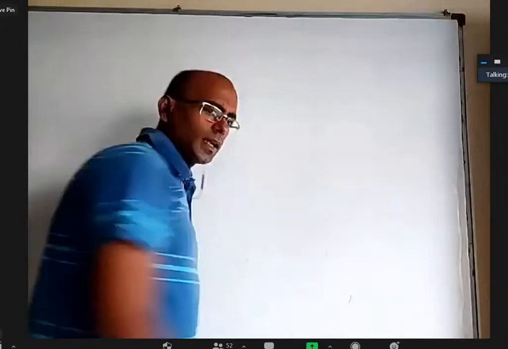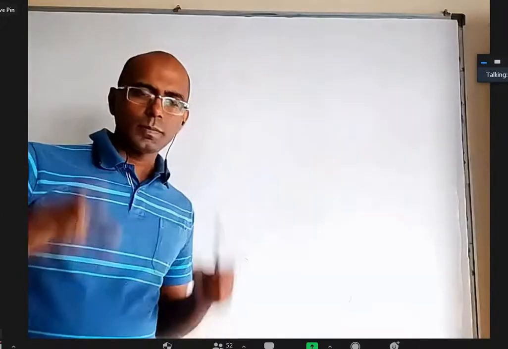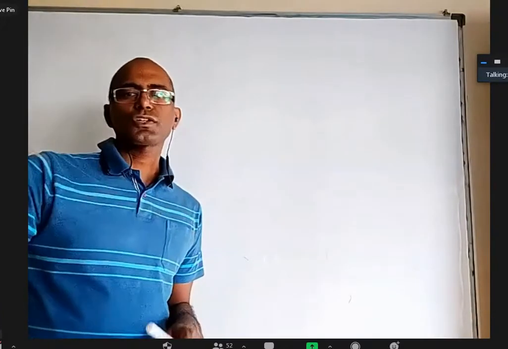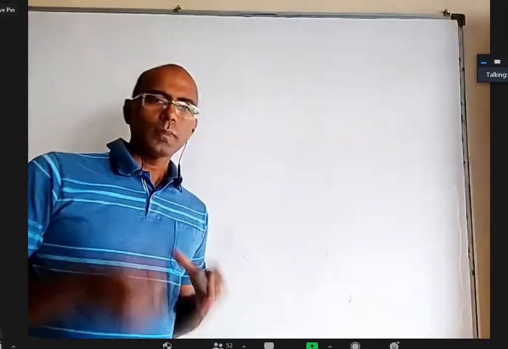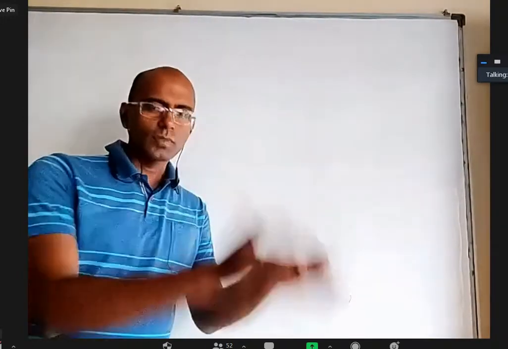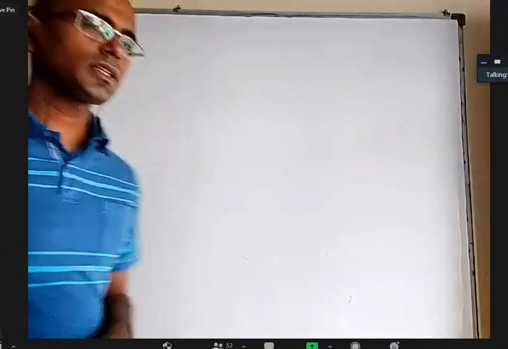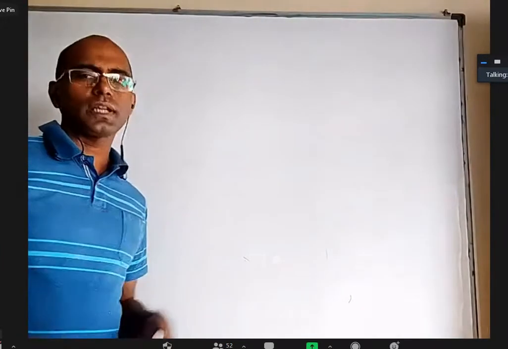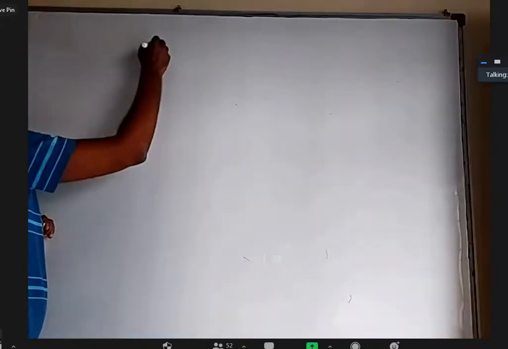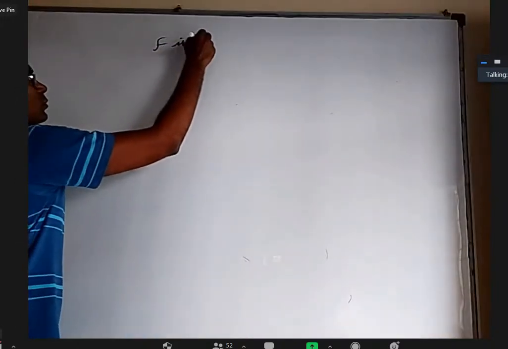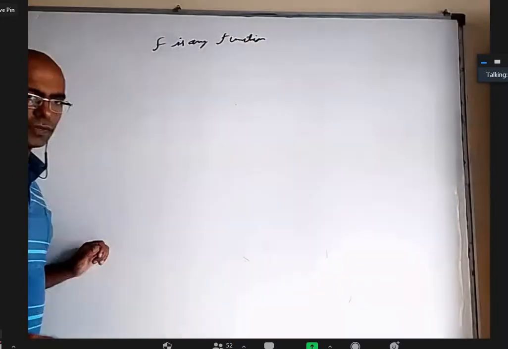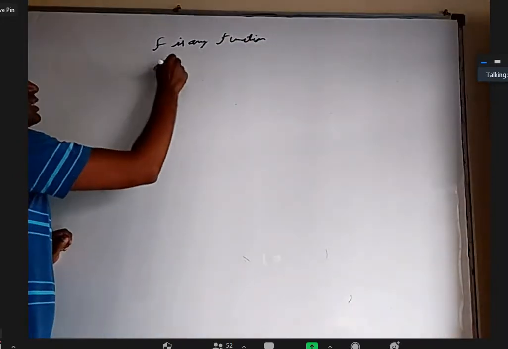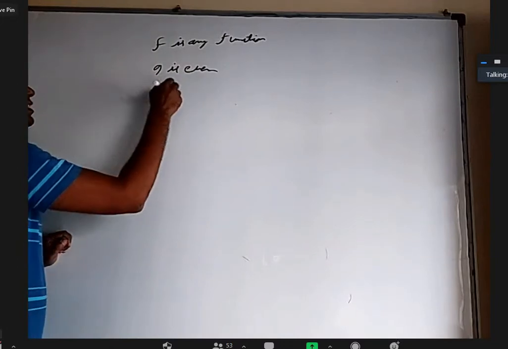There is a theorem that says that any function can be expressed as the sum of an even function and an odd function. The original function need not be even or odd, but it can be written as the sum of two functions where one of them is even, one of them is odd. Let us see. I can tell the answer directly, but I'm going to derive the answer. Let us say f is any function. It is neither even nor odd, need not be even or odd. But g is even and h is odd.